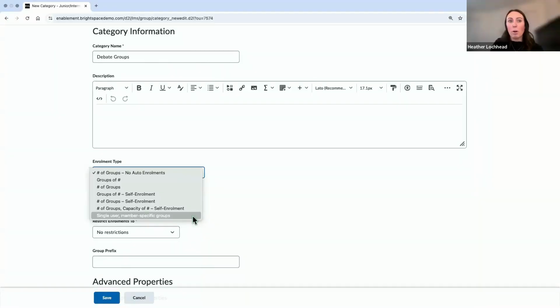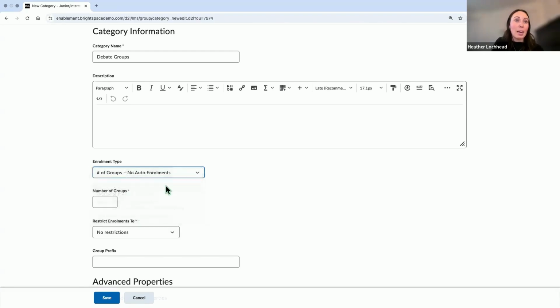So as I mentioned before, we can set up those one-to-one groups, and this could be used for one-to-one journaling. And if they were to post a thread, nobody else would be able to see their response, just the instructor. So for today, I am going to set up a number of groups, and I am going to set up